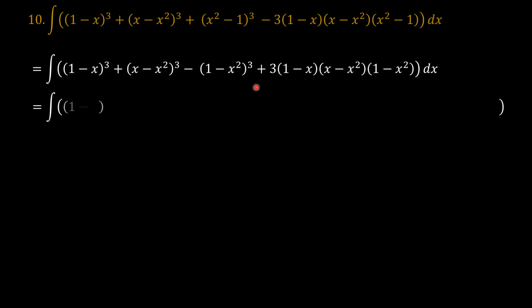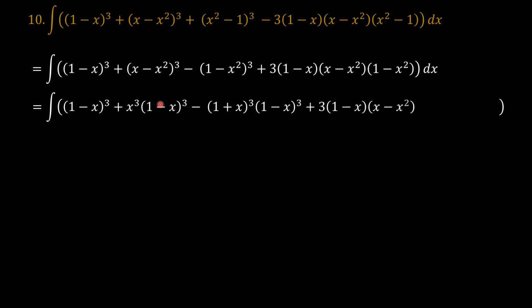And this problem, I think, really is testing how fast one can solve it. And so the next phase is to express everything into the most basic polynomial. So for example, x minus x squared, I would factor x out, and so we're left with x cubed times 1 minus x cubed. And then I would factorize this as well, so we get 1 plus x cubed times 1 minus x cubed. And then in here we would also factor x out so that we get 3 times 1 minus x times